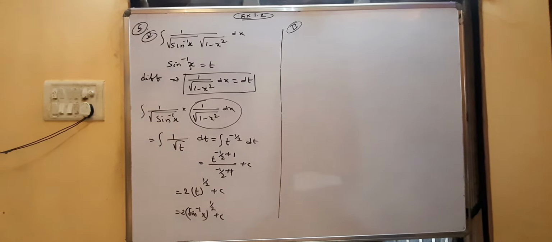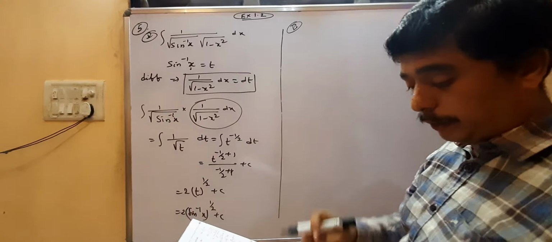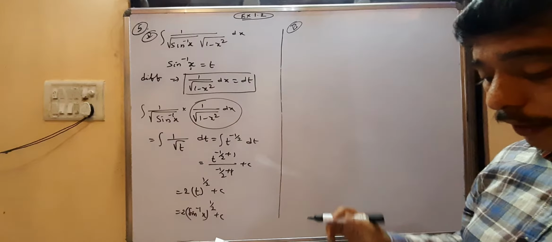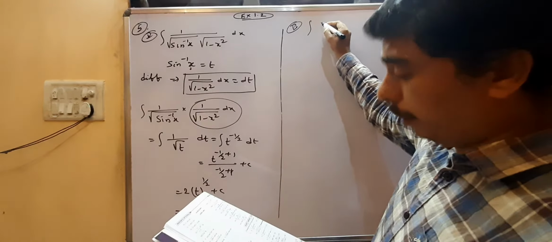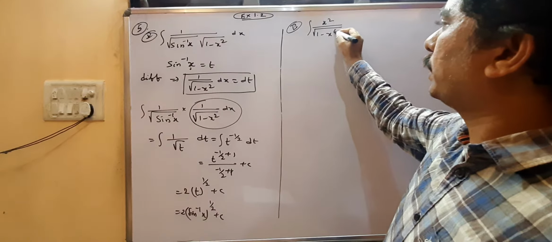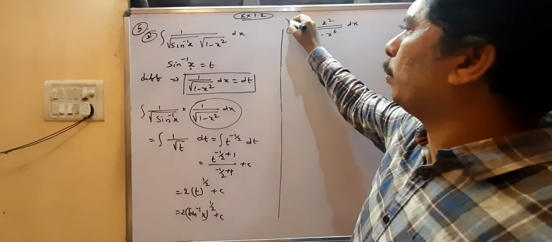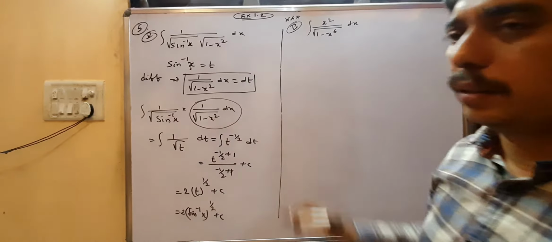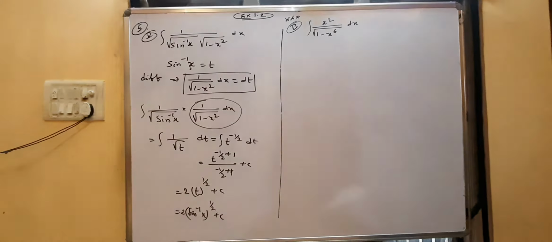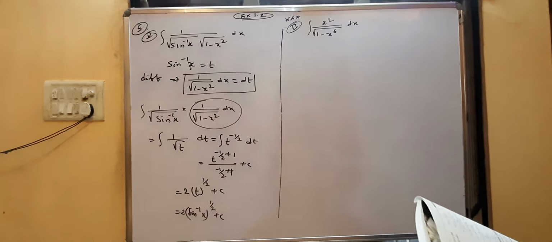Sixth one. These type of problems are most important. I will explain the sixth one, and all the remaining ones are of one type. Sixth one: integral of x square by root of 1 minus x power 6 dx. These type of problems are most important for 2 marks. In the second exercise, the models you have are 2, 3, 4 problems. Those are all problems I will explain now.